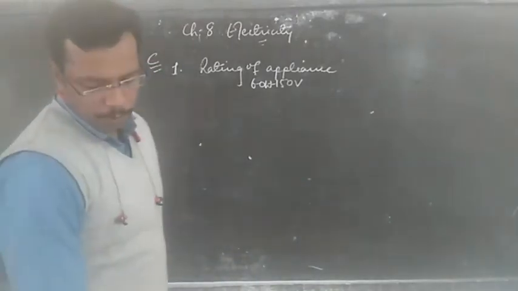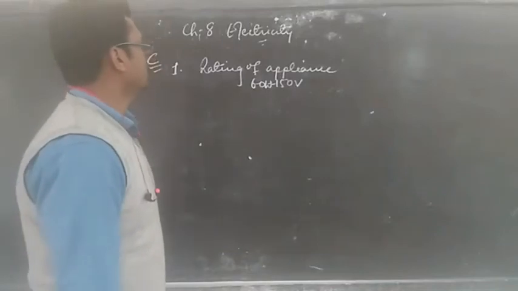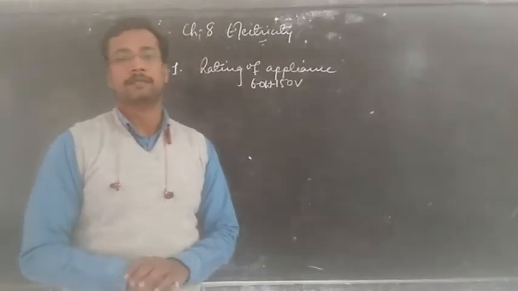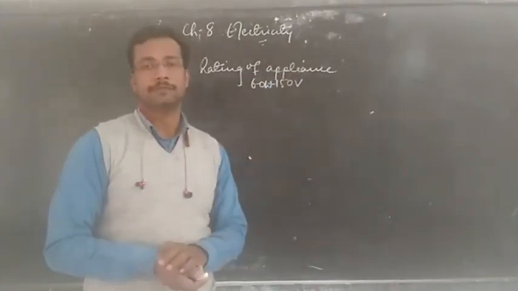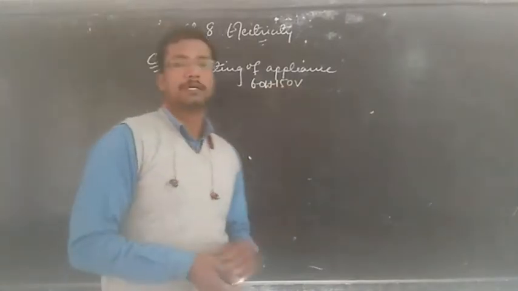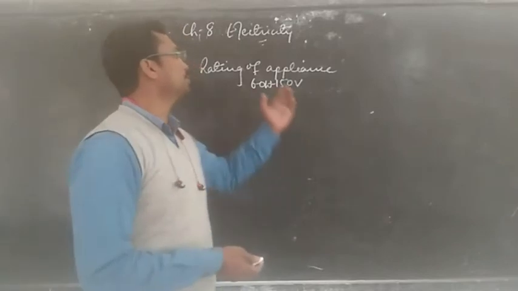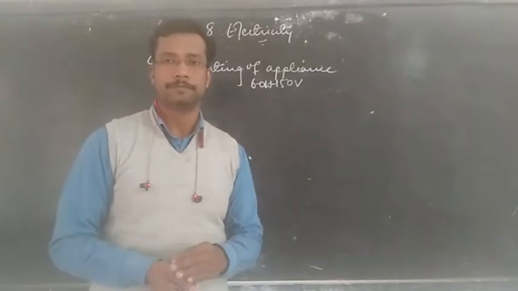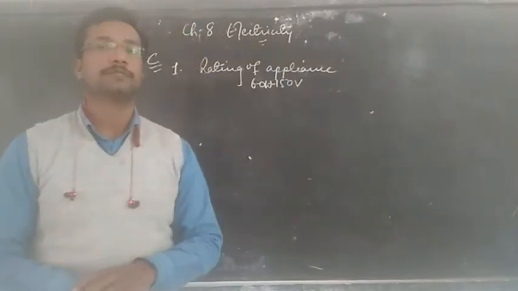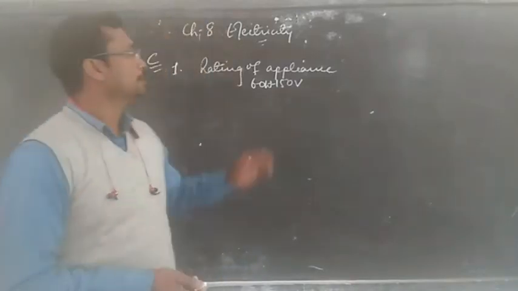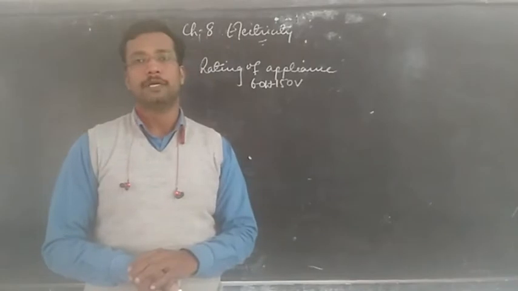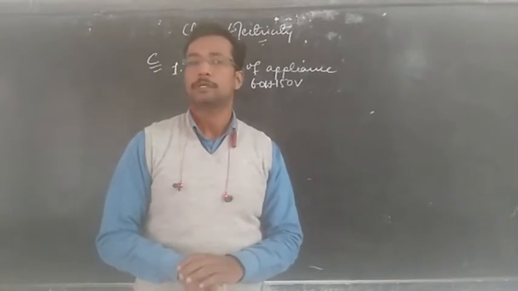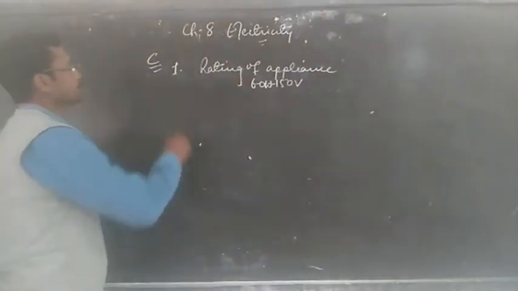First question is, what do you understand by this statement? We can understand from this rating that if this electrical appliance is used at a potential difference of 150 volts, then it will consume electrical energy at the rate of 60 joule per second every time it is used at a potential difference of 150 volts. This is the meaning of this statement.